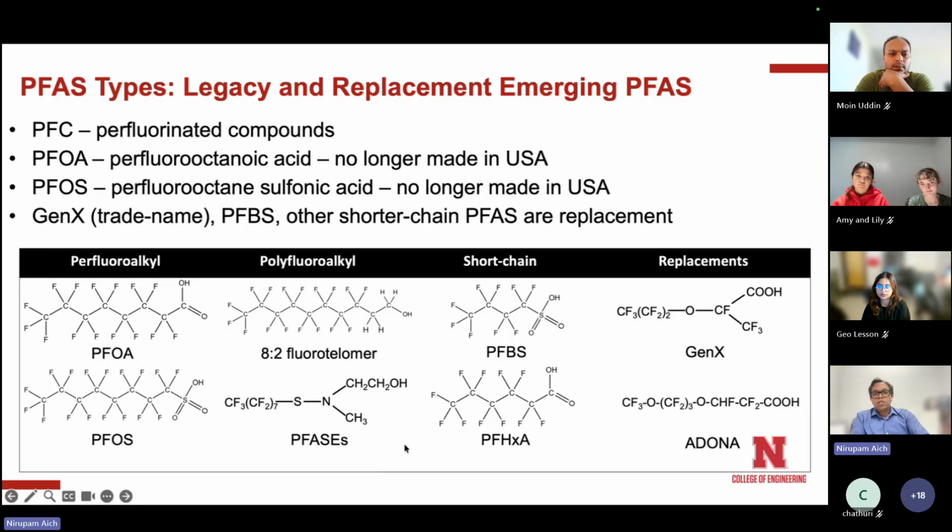And then the companies started to do, since these two were banned, they started creating these other chemicals, shorter chain chemicals, understanding that they may not create problems for humans. That was the understanding. But eventually we figured out, through a lot of studies going on about toxicity, that PFAS replacements, or short chain PFAS, cause toxicity and bioaccumulation. They are also being a problem. Why are they a problem, right?